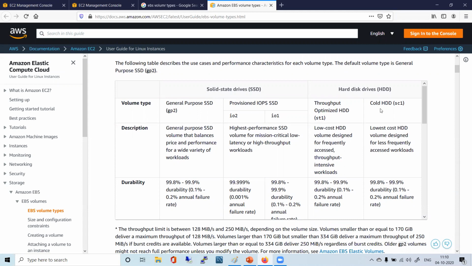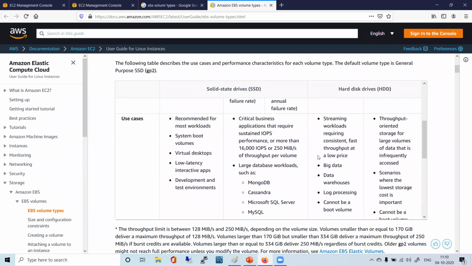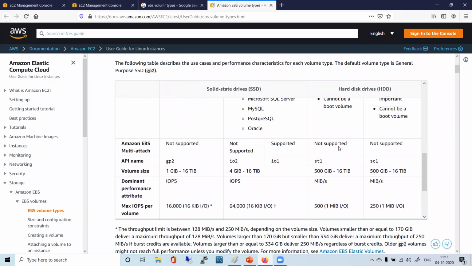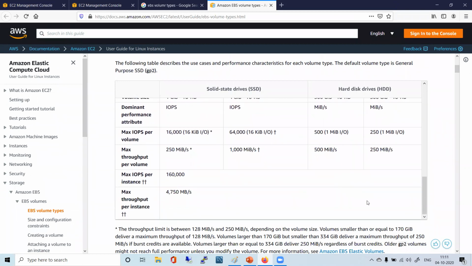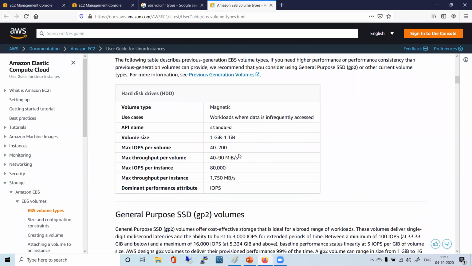Then throughput optimized, then cold HDD. Just take a comparative look at this table and try to understand the various use cases, the speed, performance, IOPS and price, and the previous generation, the magnetic one.